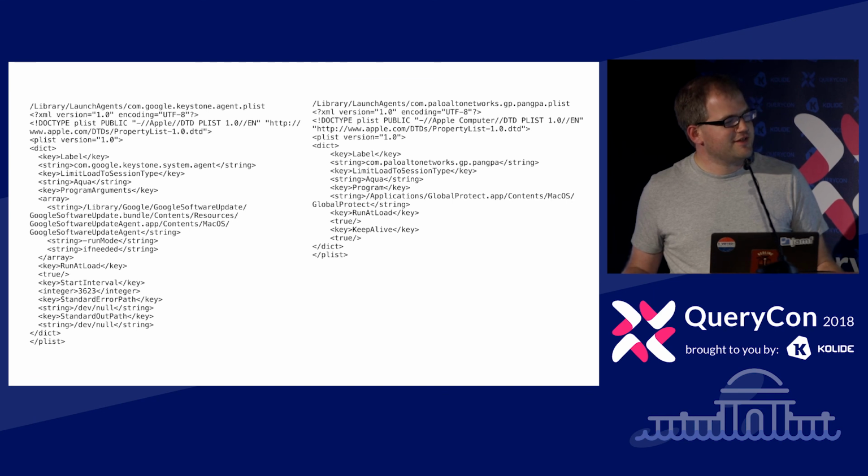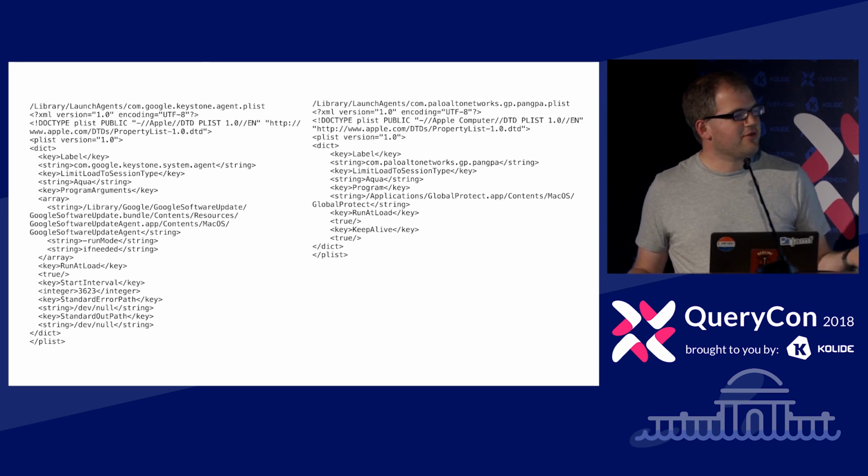But an interesting part about the launchd syntax, or schema, I guess, is that the program that will be run can be defined in multiple places. So if we look on the right, it's pretty simple. There's a key that's a program, and then it's just a string, a path to an executable. That's pretty simple.